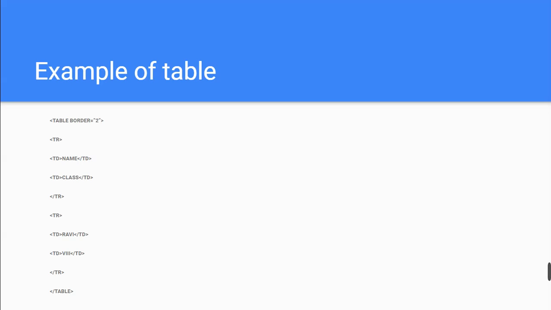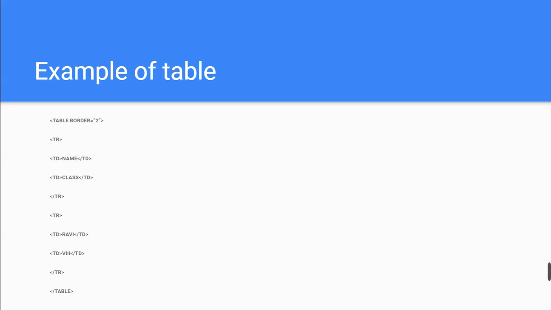Then the tr tag is used for creating a row. So here we have two tr tags, and inside each tr tag we have two td tags. So the td tags define the content of that particular row. Each td tag has a value for a single cell.